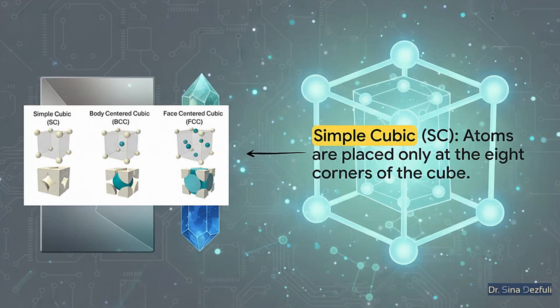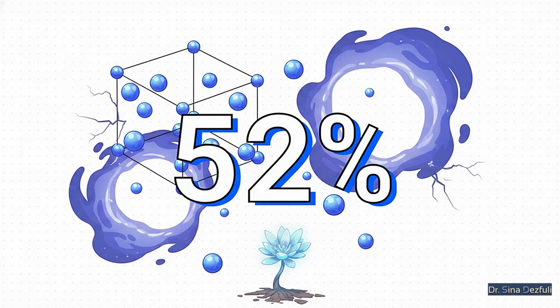First on the list is simple cubic, or SC for short. It's pretty much the most basic arrangement you can imagine. You've just got one atom at each of the 8 corners of a cube. And that's it. Super clean, super simple. But that simplicity comes with a pretty big catch. Its packing efficiency is only 52%. That means almost half the space inside that cube is just empty. All that wasted space makes for a really weak structure,